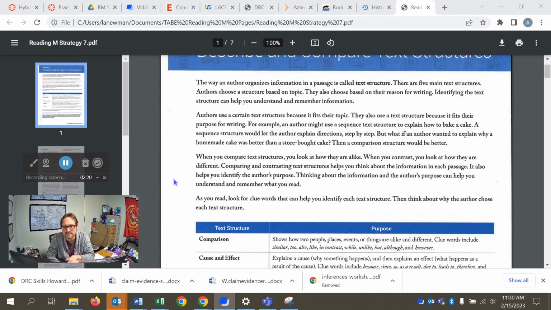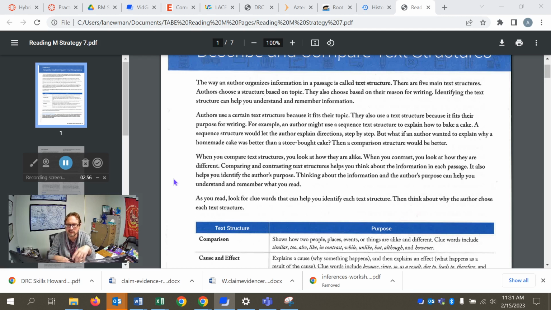But what if an author wanted to explain why a homemade cake was better than a store-bought cake? Then a comparison structure would be better. So, slight differences in the topic of a passage could dictate a different text structure. If you're delivering a recipe, you want to deliver it in a sequence. One step leads to another, and if you get something out of order, the recipe is not going to turn out correctly. But on a similar topic, which cake is better, store-bought or homemade, then comparison